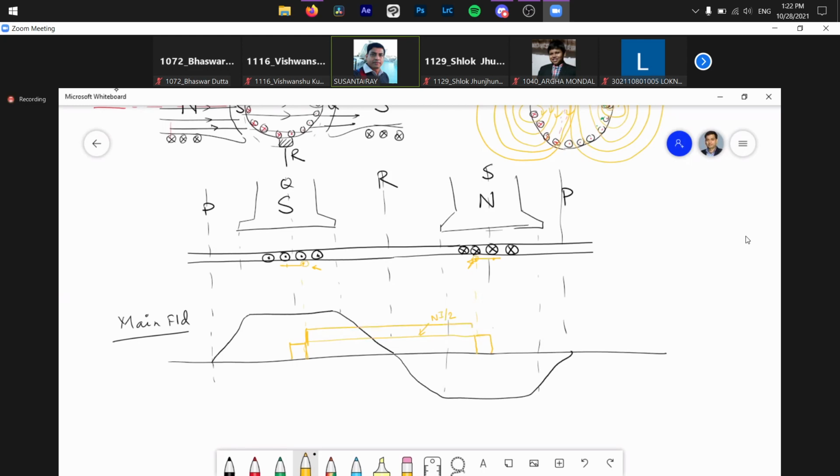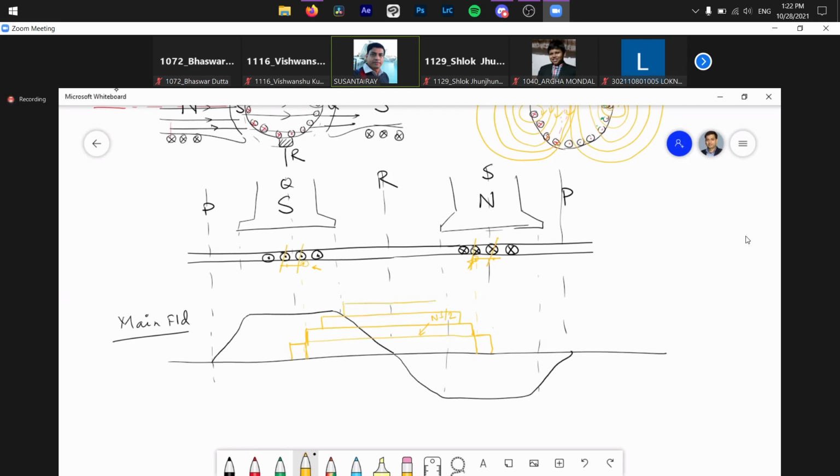Another will be like this, because between these two, we have two coils, 2 MMF. One is due to this pair, another is due to this pair. Okay, so we'll have 2 Ni by 2 at the middle. Now if I consider these two, then another Ni by 2 you will have here.